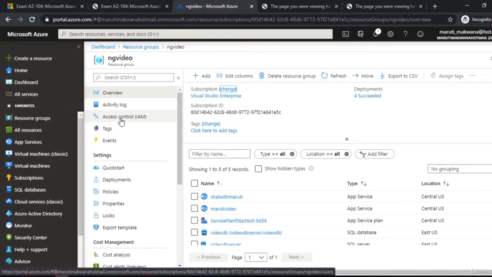If you go through other cloud providers like AWS and GCP, you'll see that this is similar to IAM, Identity Access Management. Identity Access Management simply means that it allows you to control, based on the identity of the user, which kinds of things he can access.